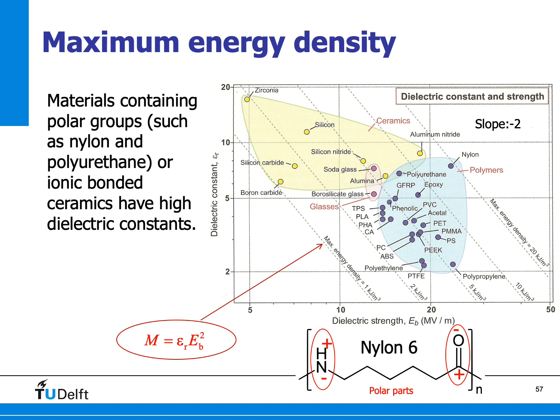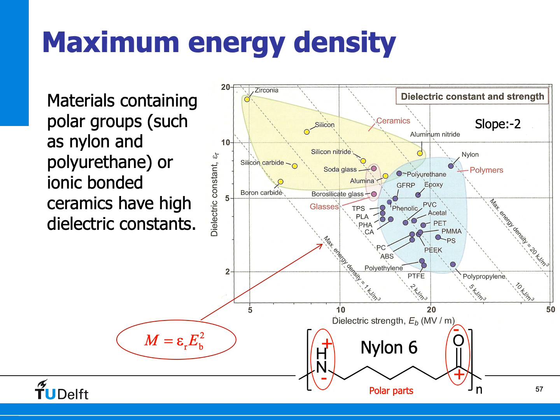So now we move on to an Ashby graph, and we plot on the y-axis the dielectric constant, or the relative permittivity, and on the x-axis we plot the dielectric strength, so the electric field at breakdown. And we can plot now our material index M in this graph, because as you can see, epsilon r is here on the y-axis and EB is here on the x-axis, and by